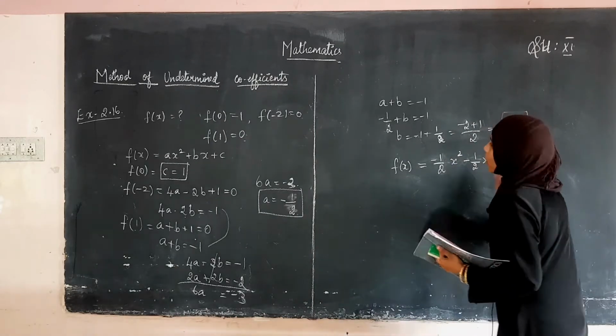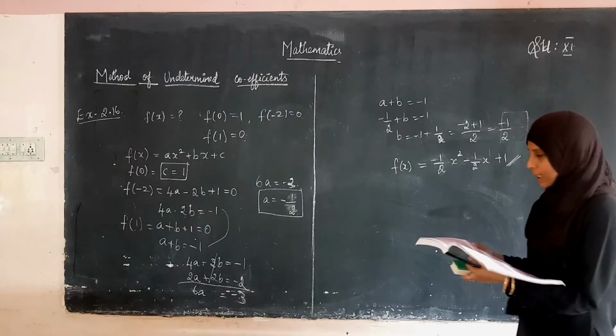Okay, this is the required polynomial function. Okay, now this is the next sum. Example